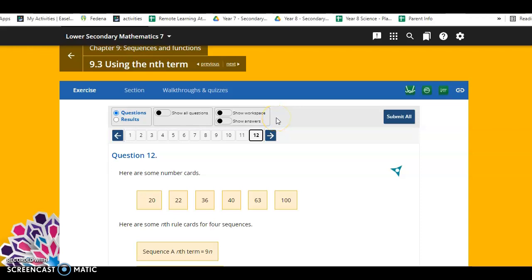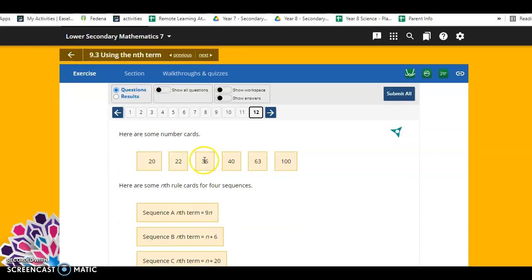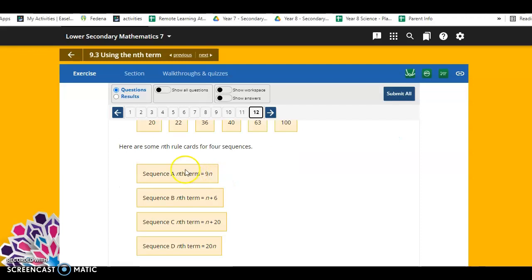Hello everyone. I want to quickly go over question 12 from the other night's homework on page 205, talking about nth terms. So what you need to do in this question is, you have these numbers right here and you have these different sequences. You need to find out which sequence, which nth term rule allows you to have all of these numbers as